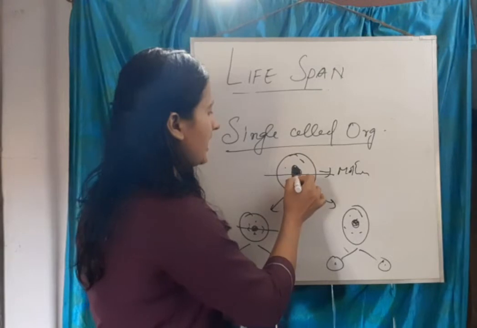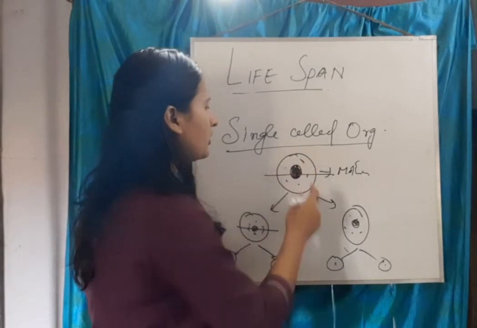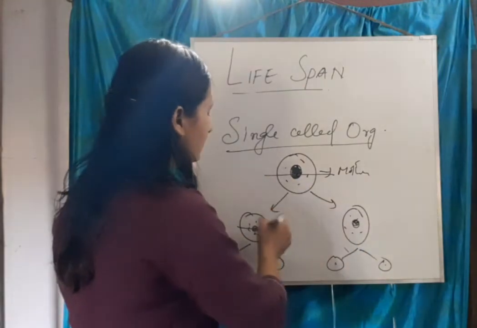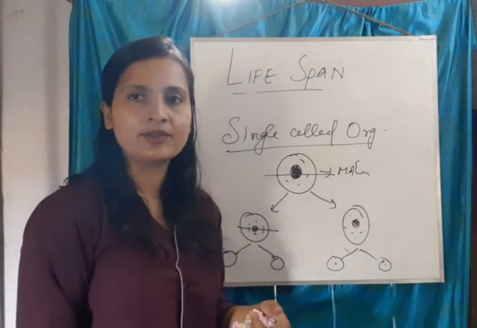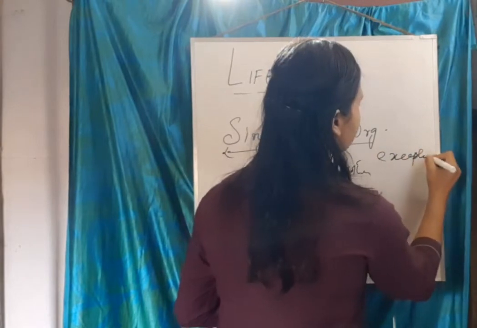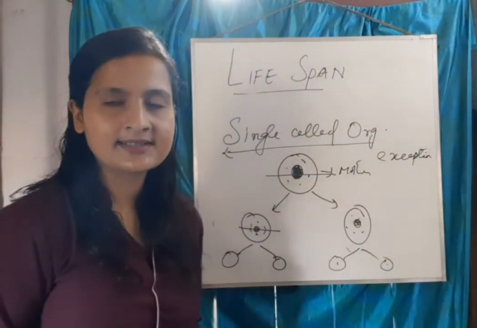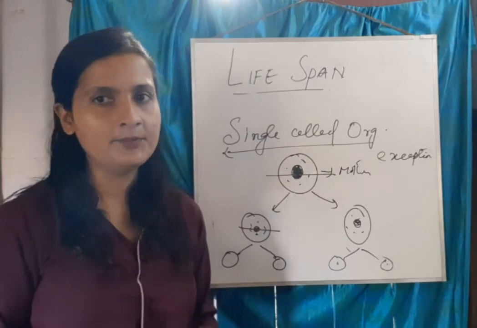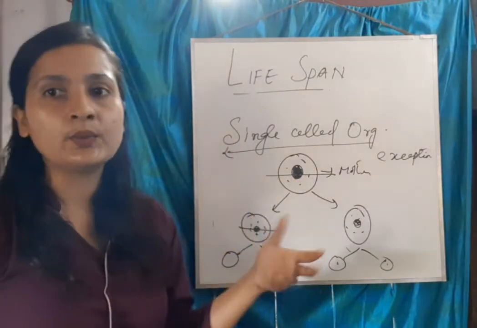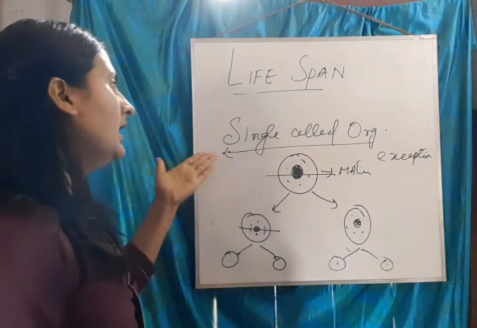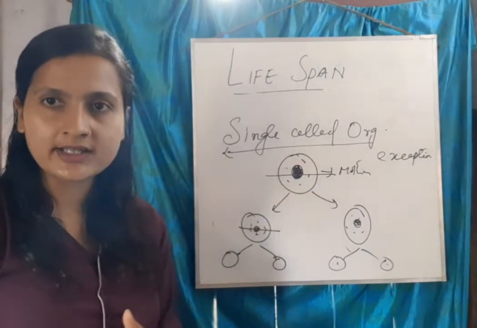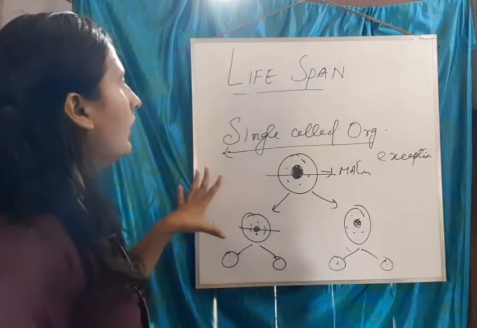So at one stage what happens? They don't die; they grow older and ultimately they stop responding, they stop growing. But the daughter cells keep on growing further, adding. So this is your exception. Sometimes in medical entrance exams this type of exception question is asked. If it is asked which organism never dies, and there is an option of single cell organism, then you can go for single cell organisms. All right, so this is all about the lifespan.